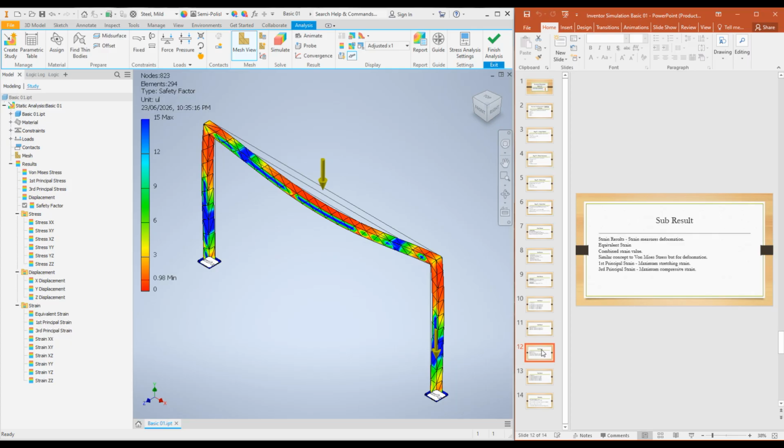The other sub results are strain results. Equivalent strain, when you click on that, you can actually have a look at each component. But those, I would advise not to be too concerned about. Mainly focus on